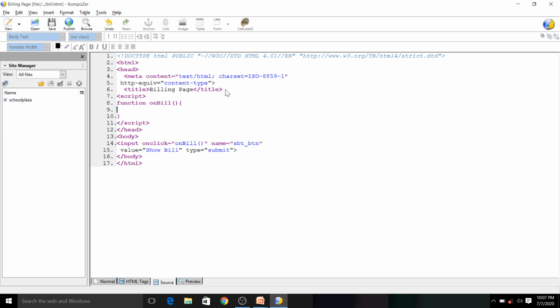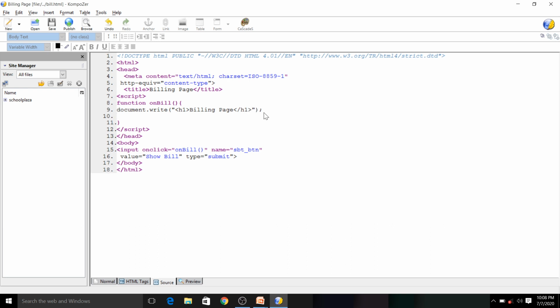And here I want to write one heading. To write a heading, I need to go for the h1 tag. Writing a heading is optional, but I will show you that also. Remember, whenever we want to embed or add an HTML tag in JavaScript, we need to use the document object and the write method. That tag should be enclosed in double quotation marks. I will show you document.write, and this is a method, so round bracket, and in double quotes you write the HTML tag h1. Then I give billing page as my content, and then I close this heading tag again.